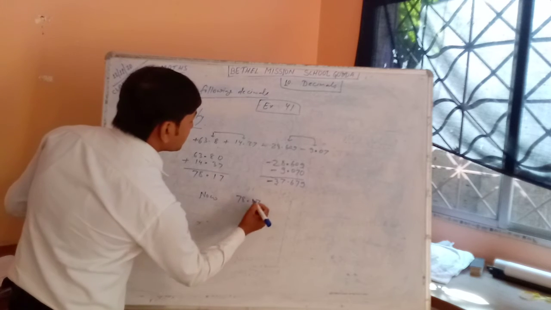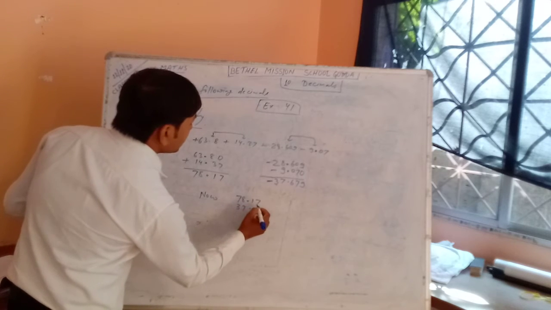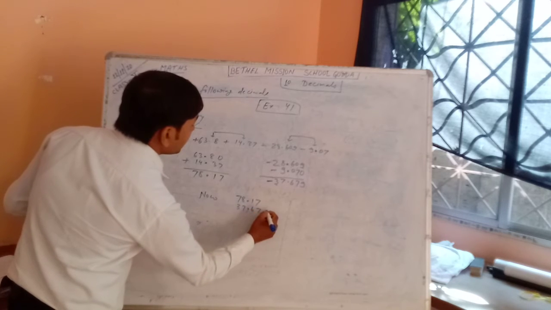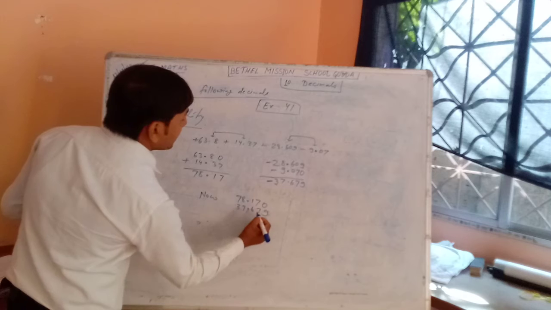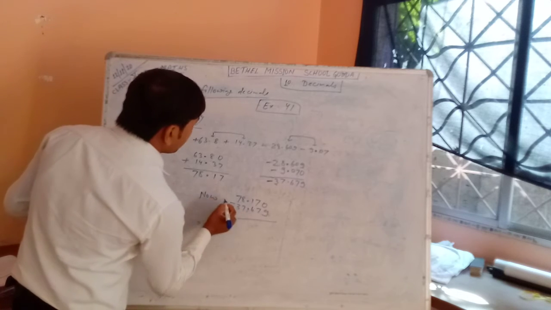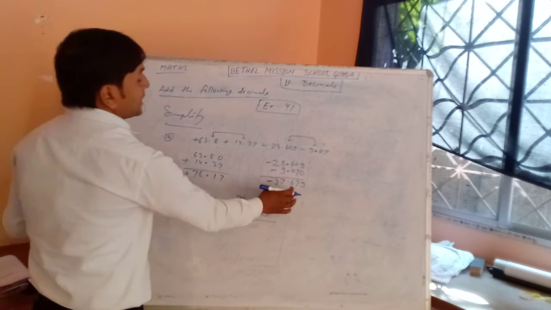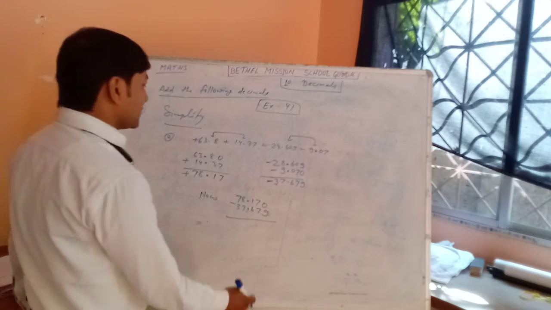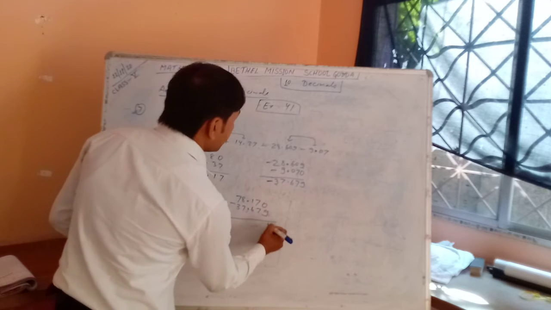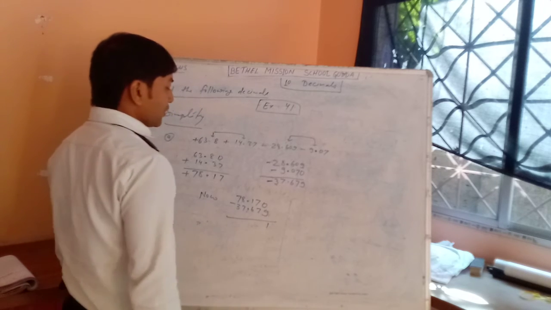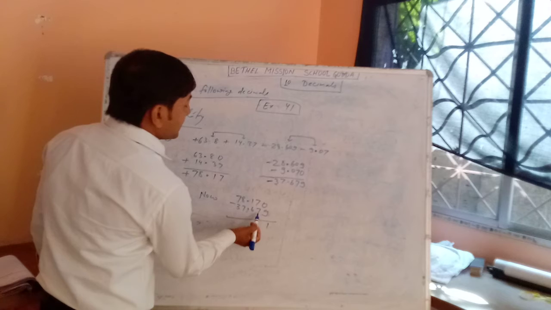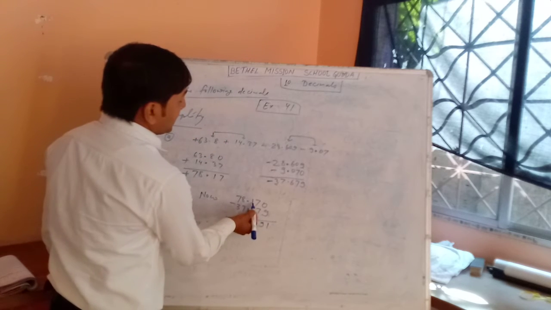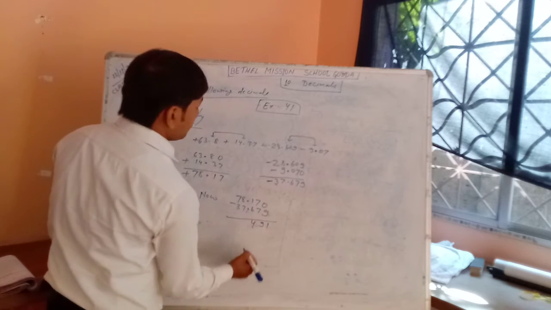78.17 and 37.679. Okay, there is nothing, we can put 0, and now we have to subtract. This is a positive number and these are negative numbers. So we have to subtract. At last 10 minus 9, that is 1. Okay, and that is 16. 16 minus 7, 9. Okay, it becomes 10. 10 minus 6, 4.